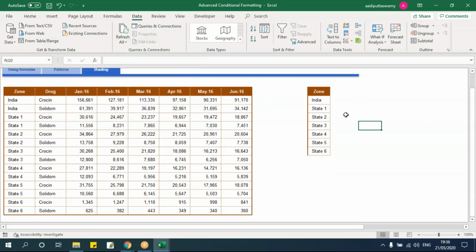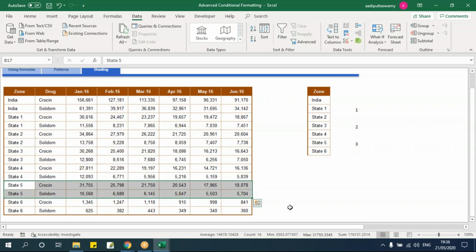So I'll get all the unique values here. Let's assume that I'll give this as first rank, second rank, and third rank. When I say first rank, it has to get highlighted with some color. Whichever is second rank, that has to be highlighted with another color. And if I say third rank, then that has to be highlighted with a different color.